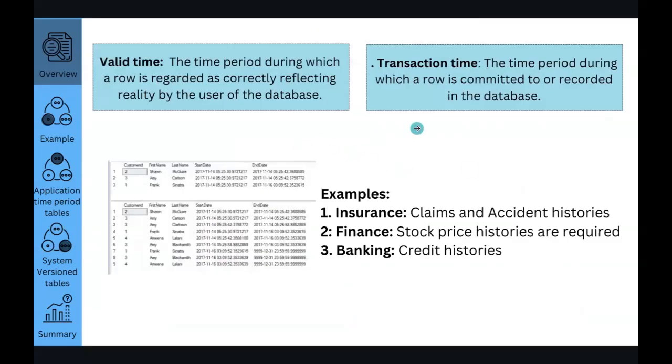These are a few more concepts regarding the temporal database: valid time and transaction time. Valid time is the time period during which the row correctly reflects the particular value, and transaction time is the time at which that valid time frame was input. For example, if I input a time frame of tomorrow to the day after tomorrow for a particular row, that is the valid time. But the transaction time is the time at which I entered the record,